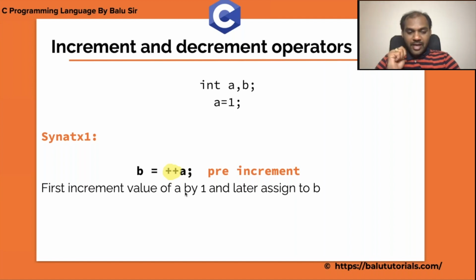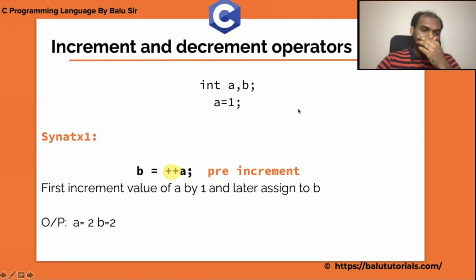2. What is the value of a and b here? 2, sir. Both became 2. Both are going to be evaluated as 2. So the output is a is 2, b is 2, because the initial value of a is 1, incrementing by 1, a and b both are 2, 2. Next,